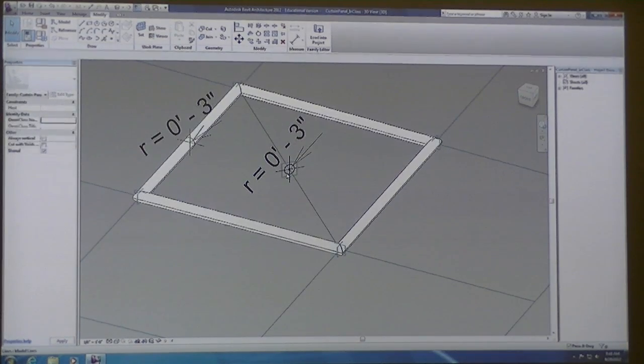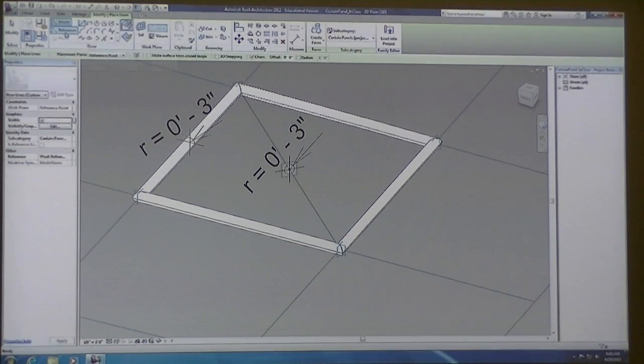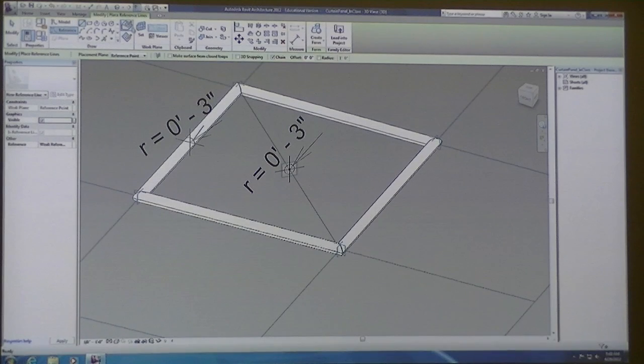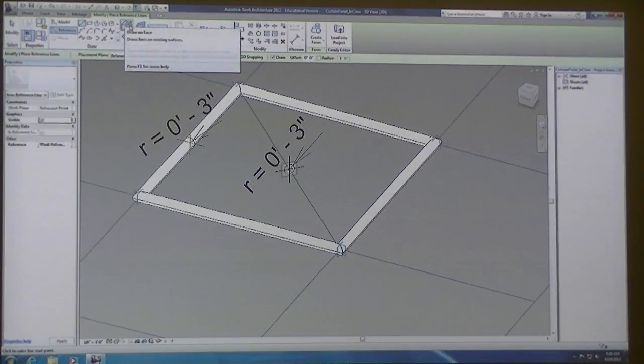Let me see what I was doing real quick. So you've got reference and you're choosing draw on face. Do you have draw on face selected? Yes. Just don't know why this big blue thing is